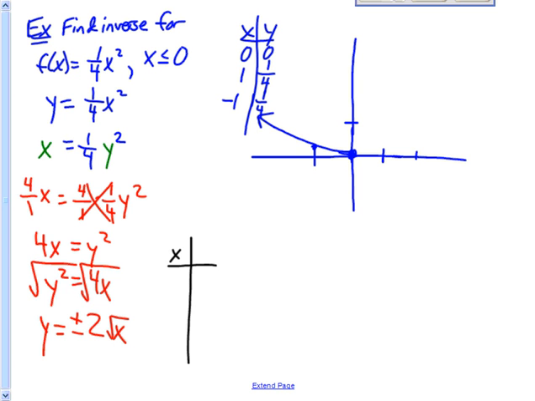Is it the positive 2 root x, or is it the negative one? That is the question. Okay. And now the positive 2 root x, if you plug 1 in, 2 times the square root